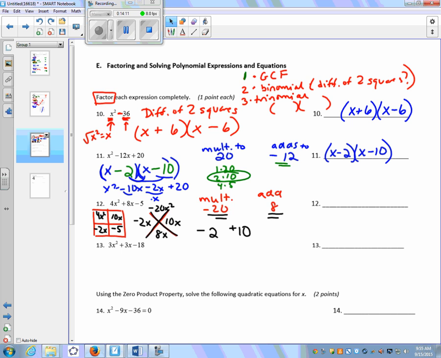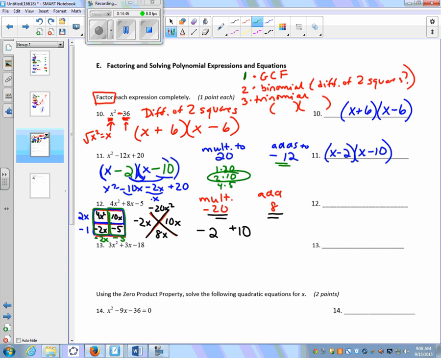Now we're going to do the greatest common factor of these top two boxes, which is 2x. And the greatest common factor of these bottom two boxes is the negative 1. And then you're going to do it this way, the GCF is negative 2x, and this way is a negative 5. So